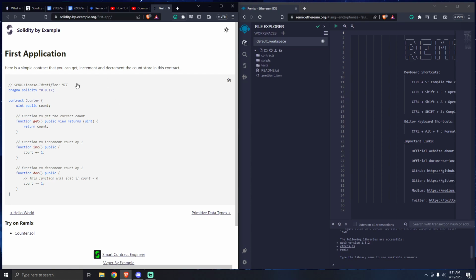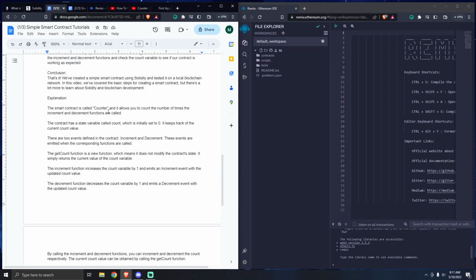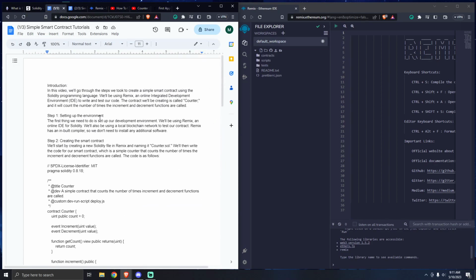But again, we'll start by going over a few examples. Here's an example of the counter contract from this Solidity video. However, we're going to jump into just a simple Google document that has some of the instructions in it already. So we'll kind of go over the instructions first and jump into it just for beginners,